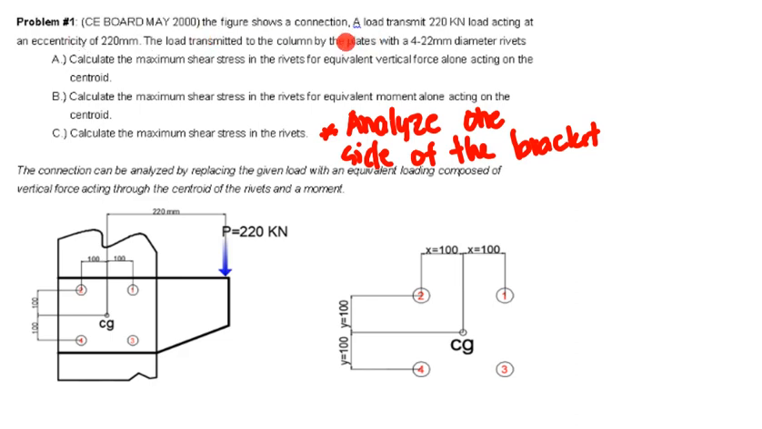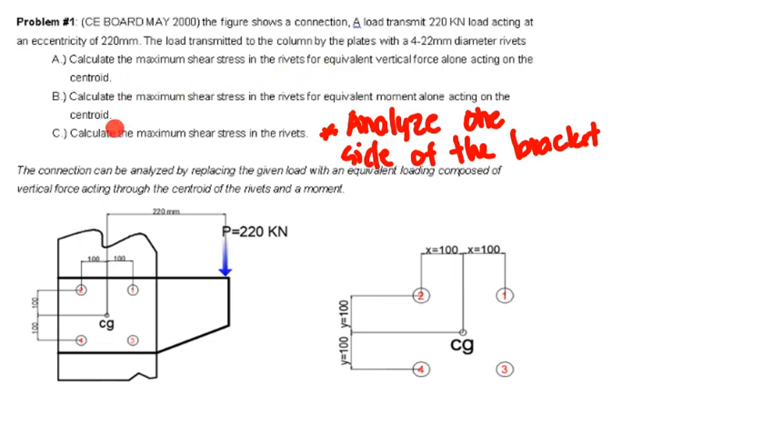So, the figure shows a connection. A load transmits 220 kilonewton load acting at an eccentricity of 220 mm. So, the load is transmitted to the column by the plates with 4 22 mm diameter rivets. We have to calculate the maximum shear stress in the rivets for the equivalent vertical force alone acting at